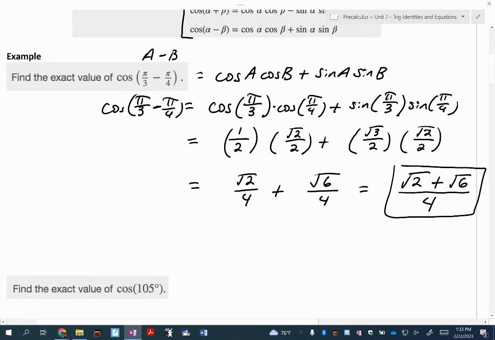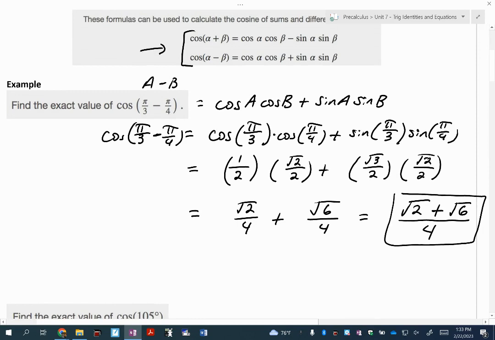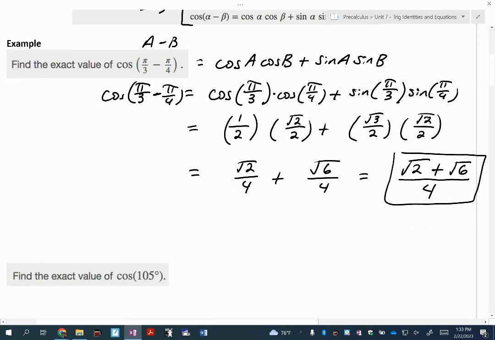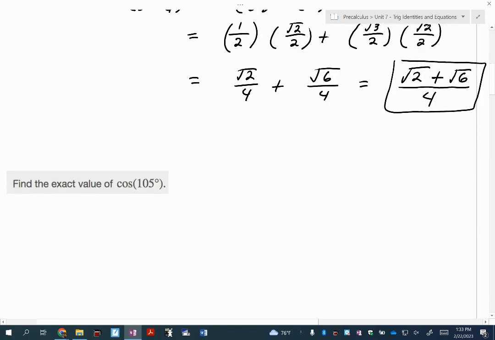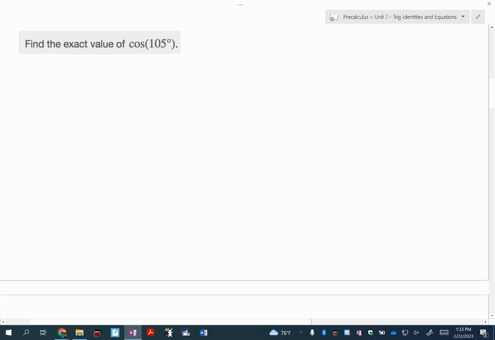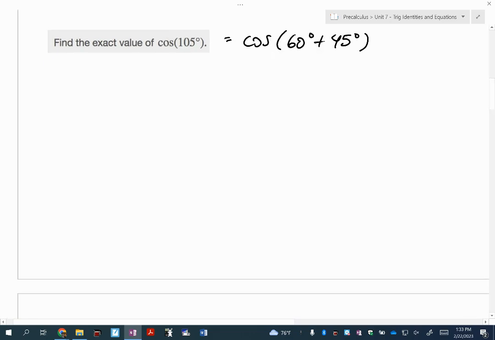Okay, let's use one of these identities, up here at the top with cosine. I don't know what the cosine of 105 degrees is, but if I split that up into a sum or a difference, I could use the formula to figure out what the cosine of 105 degrees is. So I decided to choose the cosine of 60 degrees plus 45 degrees, because 60 plus 45 is 105. So then if I use my formula,